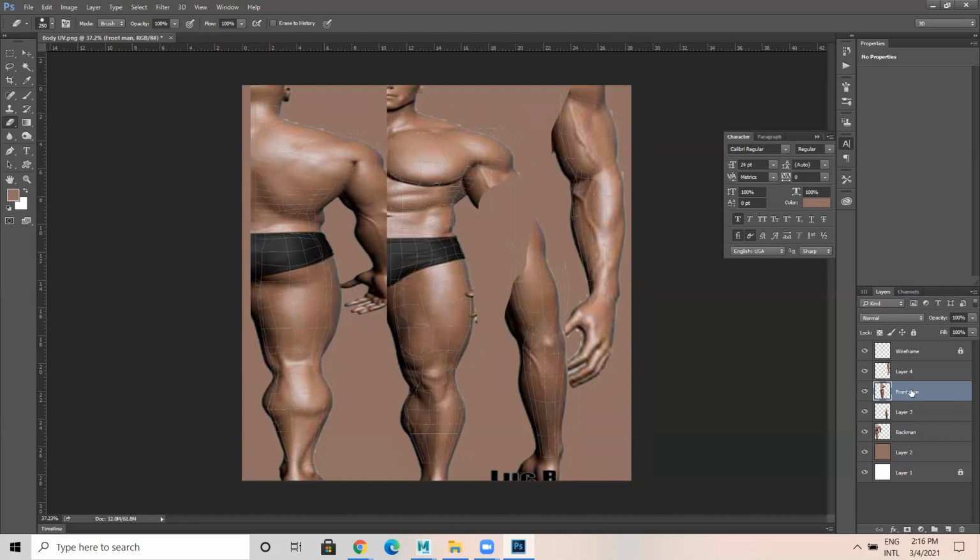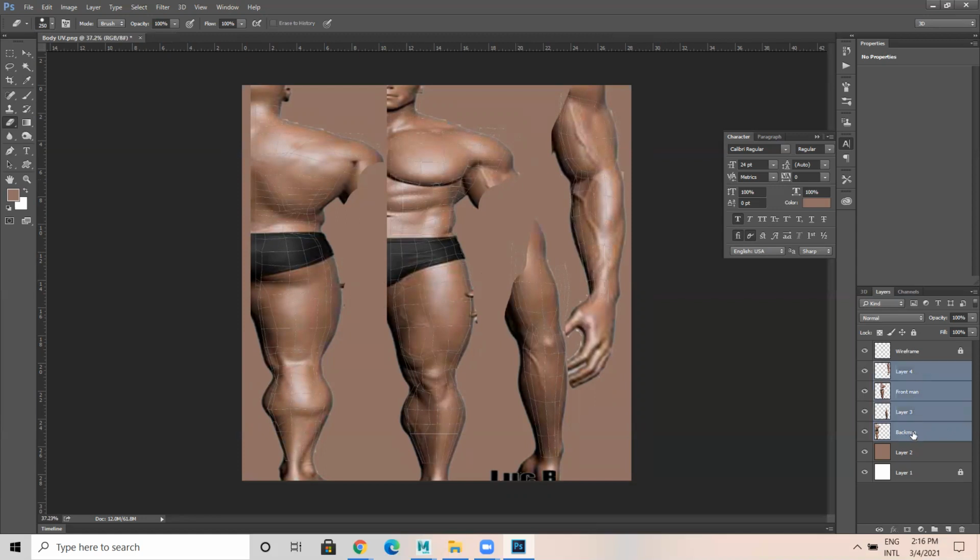From the back, I need to erase this part. So you are able to understand, right, what I'm doing?